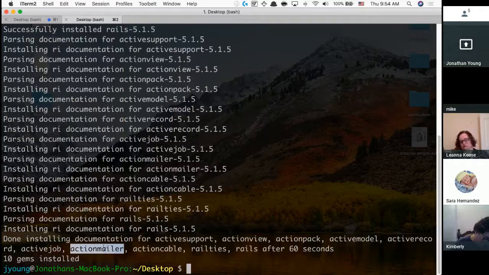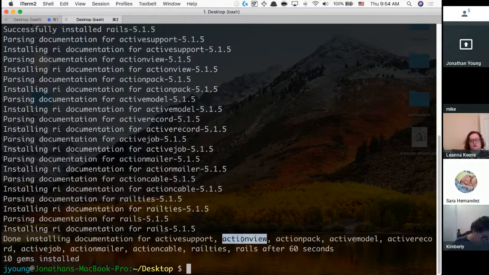You could write all these libraries, but they figured since most web developers on most apps are going to need to take care of showing the views to a user, taking care of all the database records, sending emails, doing instant messaging. We're going to wrap that all into what we call Rails. Rails is, again, a framework, thousands of lines of code that someone wrote to make your life easier. It's an amalgamation, more or less, of all of these different libraries. Active support, action view, action pack, active model. These are all small little modularized components to make up the giant Rails.